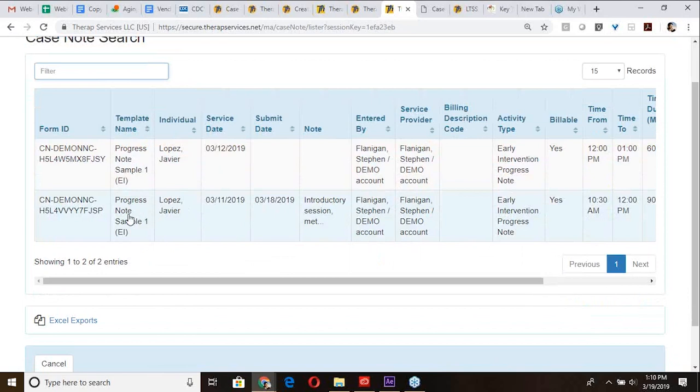But once they're set, they won't really change unless the state goes through and changes some of their guidelines or their information fields that they need on a particular session note or a case note, in which case you would go in and discontinue the old version or copy it and then create a new case note template. But this is all built on a template model so that you build the template and then you can apply that template to multiple